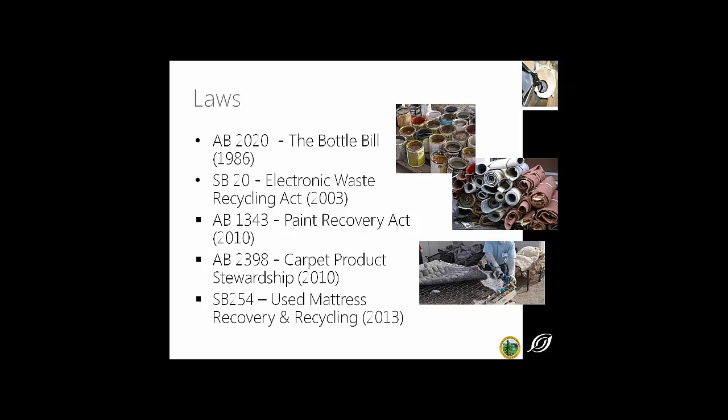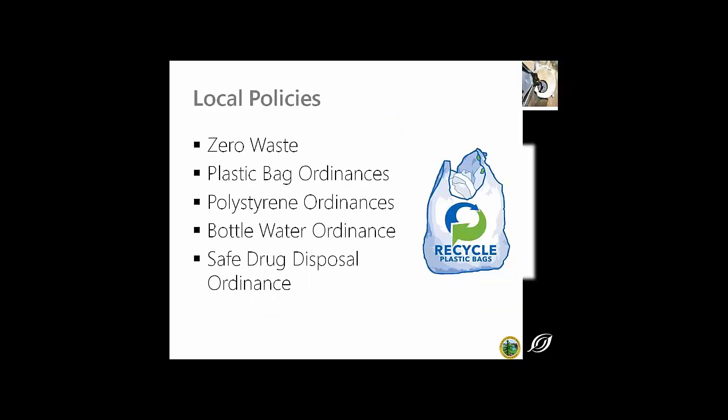Electronic waste, SB 20, is another important one. We saw a huge amount of growth in electronics over the years, and that is not stopping. Those electronics contain toxins and heavy metals that, when disposed in the landfill, pose a huge threat. So we want to keep those out of the landfill. Paint is another one. Carpet is actually a big one. And then mattresses. Some of these pose more of an environmental threat from the fact that they release toxins into the environment. Others pose an environmental threat through litter and pollution. So when we talk about pollution prevention, we're combining both aspects of that.